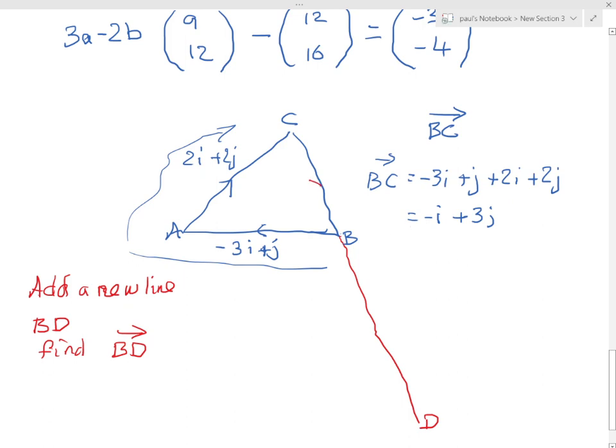So this is the vector, the minus i plus 3j. So BD is twice as long, but it's in the same direction. So it's exactly the same as this, but twice as big. So it will be minus 2i plus 6j. So that's vectors. Okay,